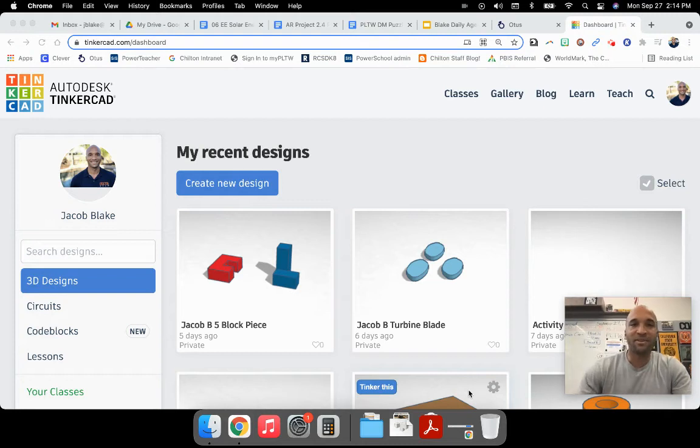Hey, ladies and gentlemen, I'm going to do a quick tutorial about how to create a piece in TinkerCAD, and this is going to be one of your 5 puzzle pieces for the Puzzle Cube project. We're not going to create it to its actual size, but we are going to just create it to the standard size cube. And the piece I'm choosing here is made up of 6 cubes,